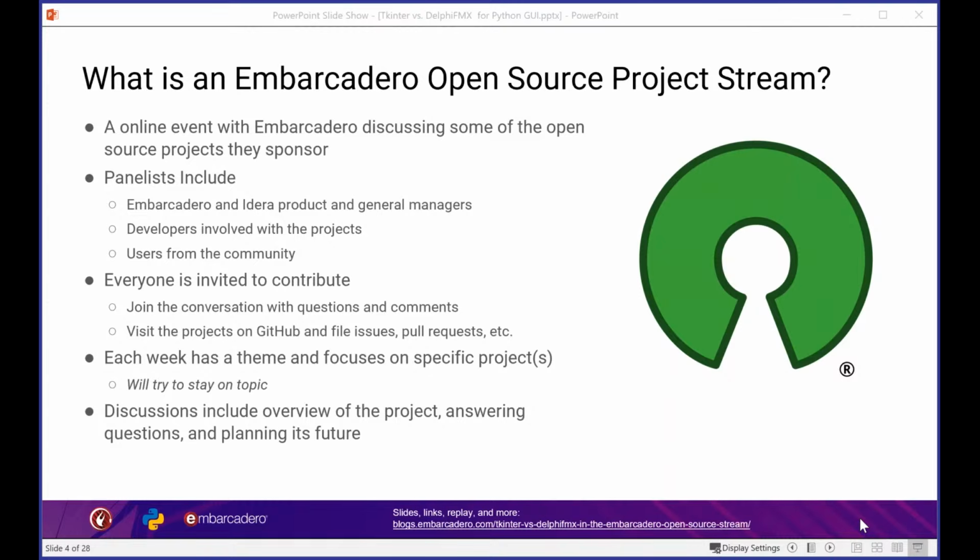Fantastic. Yeah, I honestly think Python is a great synergy, if you will, with Delphi. I think it works really well. And this week and next week, we're going to look at some really cool stuff that we are doing by